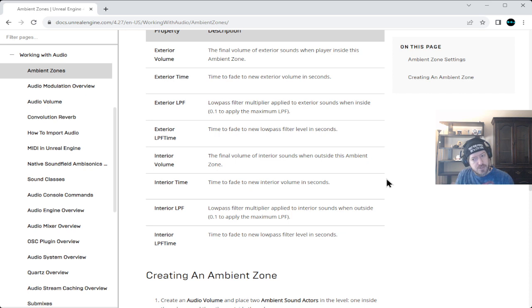So the further away you go from it, the less you hear of that interior sound. If you want to add to the realism of it, or give life to the area, right. A place can look realistic, but if there's not a lot of ambient sound, then is the place really alive to begin with?